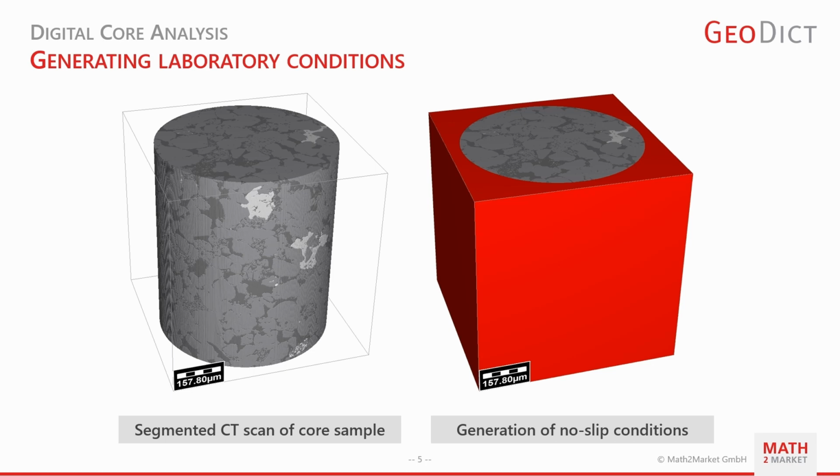If you don't want to lose information of a cylindrical pore sample, you can always calculate the fluid flow field of the entire core plug. By doing so, you should differentiate between the void space outside the plug and the pore space inside the sample. Set the void space as solid material in GeoDict and start the computation of a fluid flow field.